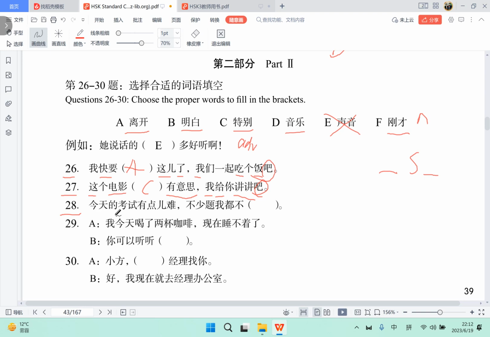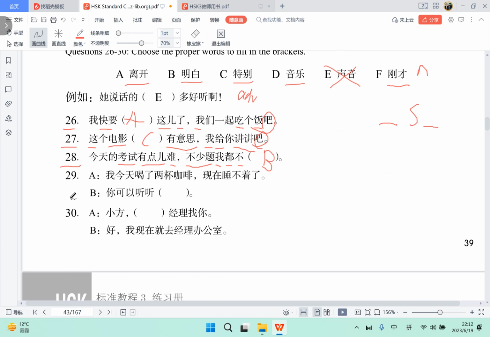28 今天的考试有点难. So the examination today is a little bit difficult. 不少题, so not a few questions. Too many questions. 我都不明白, so I don't understand. I can't understand. 我都不明白。